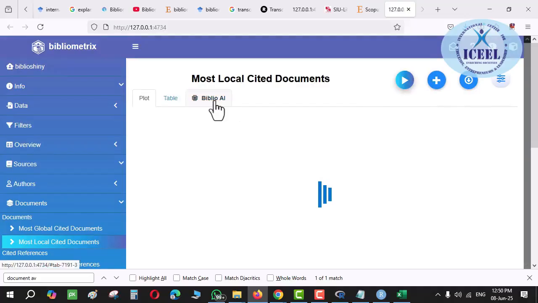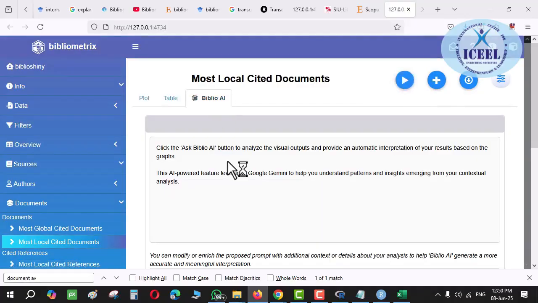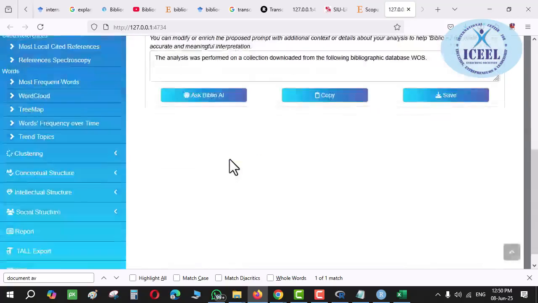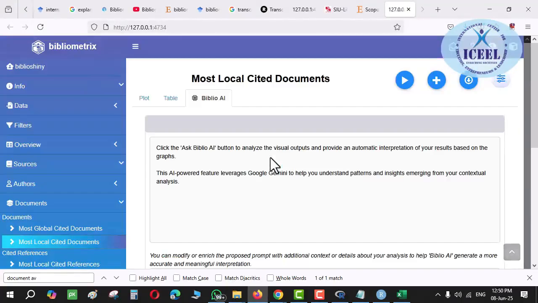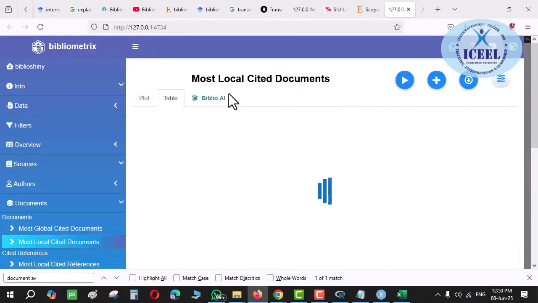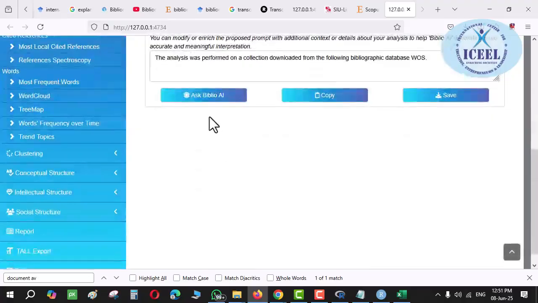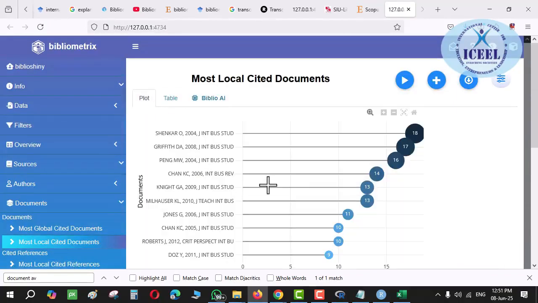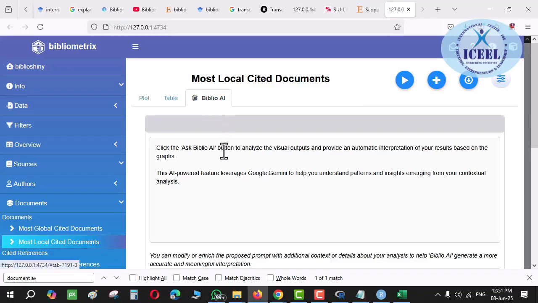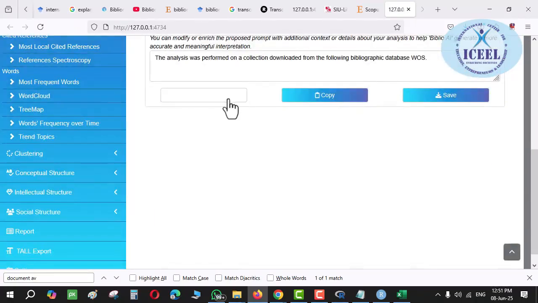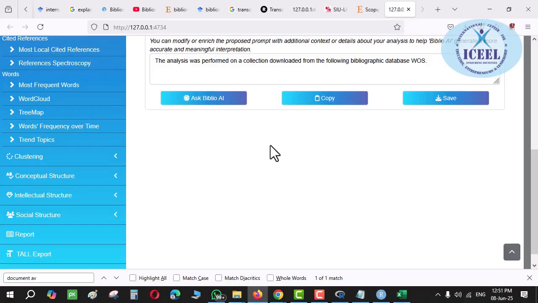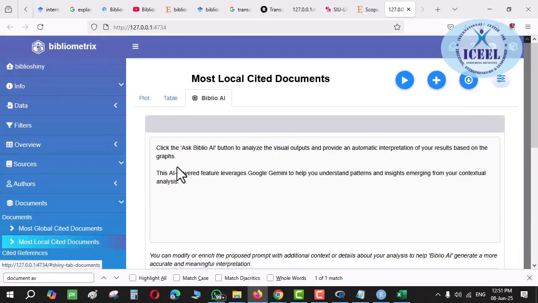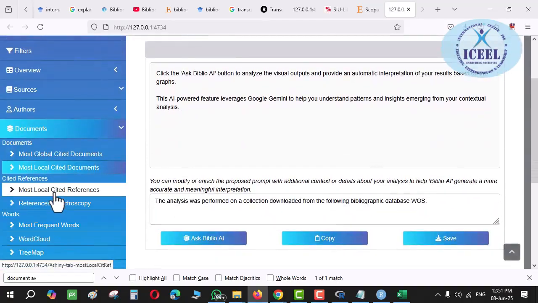Now this Biblio AI, guys, this is a very good thing, but yet to be explored by me. With the use of this, guys, you can get the meaning of this complete plot, table and everything in Word format properly. It will write for you, and then you can take it into your paper, your article, your thesis, what's the meaning of this particular graph. Here, the interpretation has to be done by you, na? Who is going to do the interpretation? You. But through the use of AI, directly the interpretation will be given to you, and that interpretation you can then use. Paraphrasing certainly, yeah? Not directly like that. Paraphrasing, you can put it into your paper, in your thesis also.